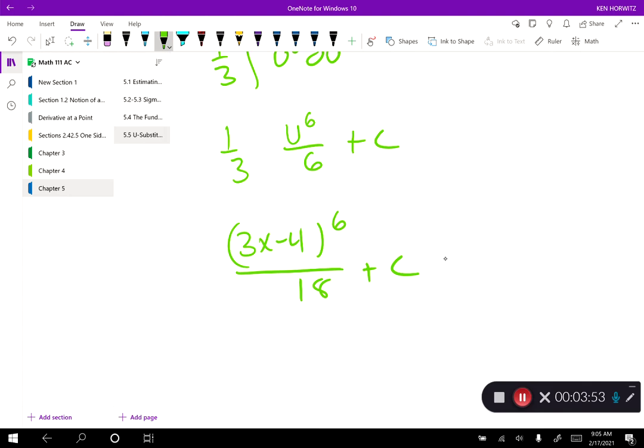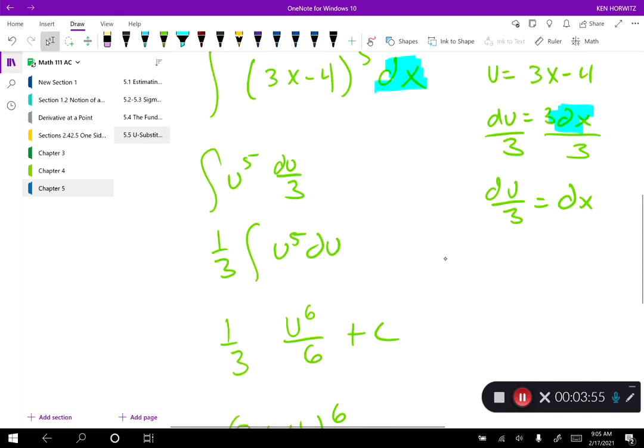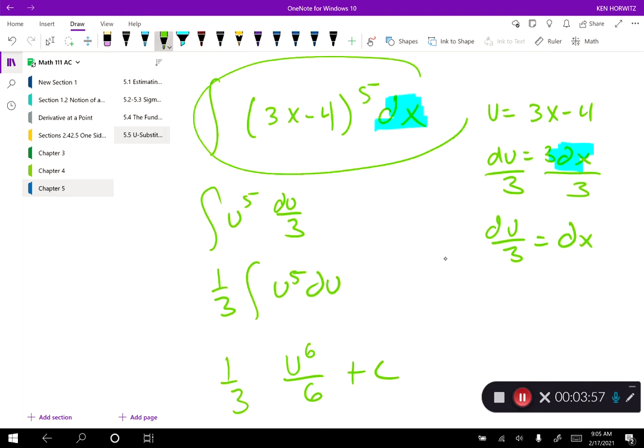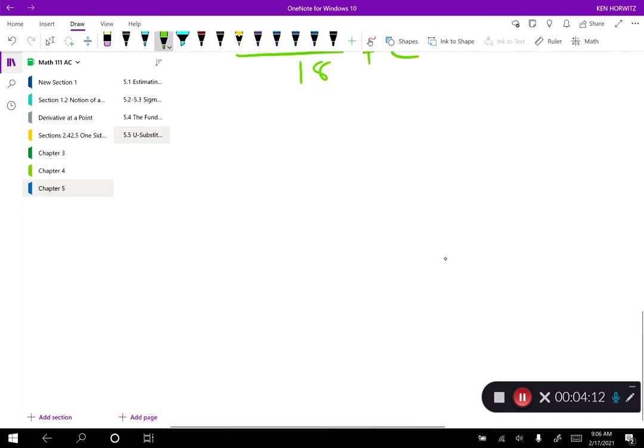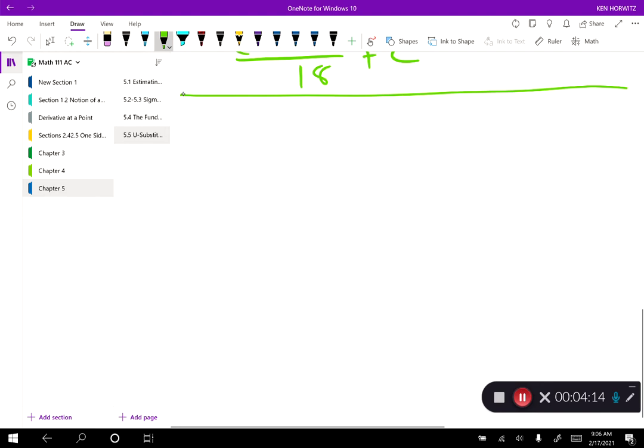So the key is recognizing that you have a composite function. Anytime you have a composite function, similar to this, substitution should be the first attempt that you make. And the key is deciding what u is going to be. That's a little bit more of an art than a science. So at this point, we're going to do an awful lot of examples. Each example will have something different to bring to it. And hopefully we'll get you a little bit of experience in doing u-substitution. So the next example we have would be